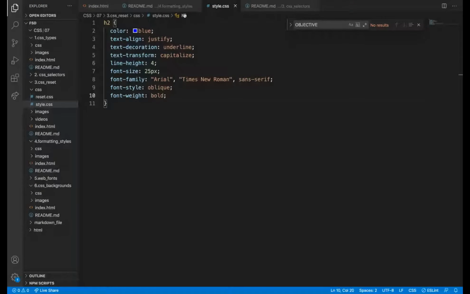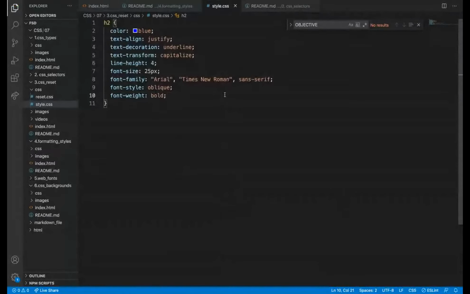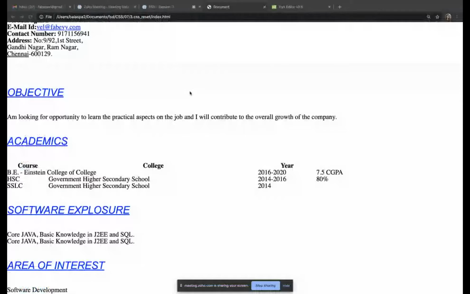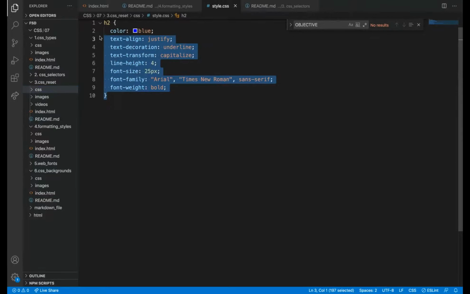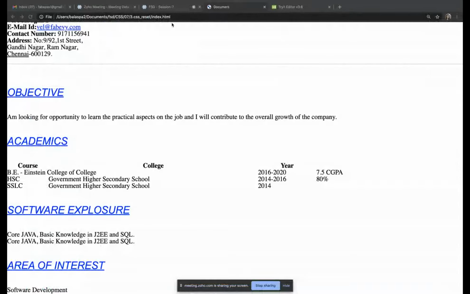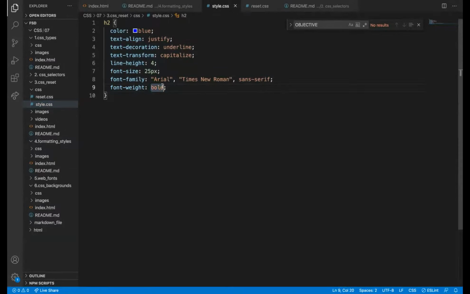We will go to... what happened? It is not stored. Somewhere I'm changing. In reset CSS, I'm changing. Which file? Reset index is the only one I have opened. And then reset, and then style, font weight, bold, bolder.